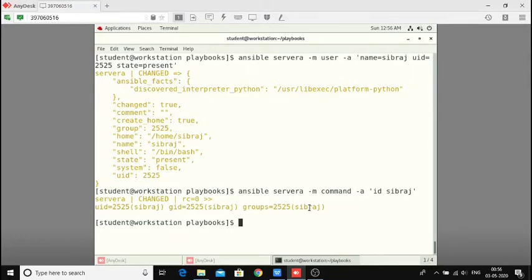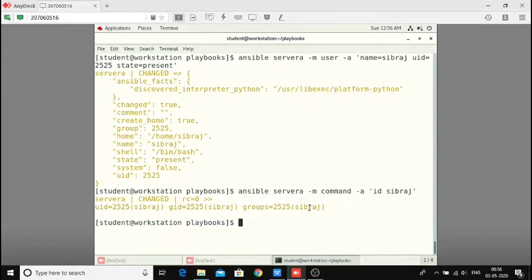But there is one disadvantage and drawback here. I'm running a single task. Once I have executed a task, if I want to run that task again I have to write the command again. I cannot save it for use again and again.